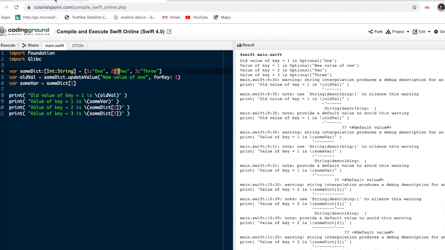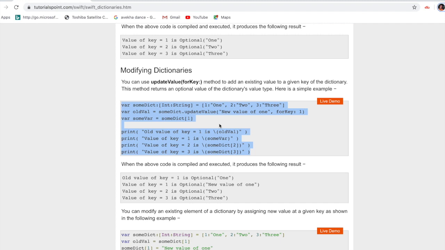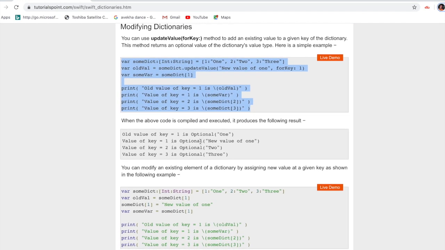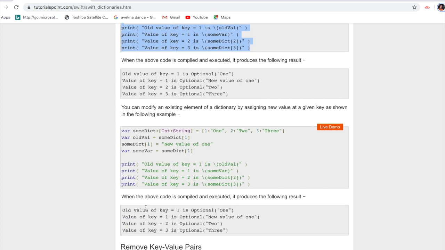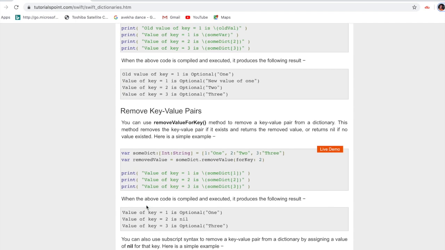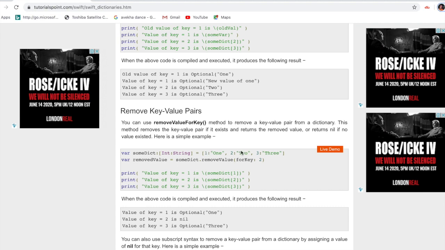So this is a way of modifying the dictionary. Go through each example deeply. If I need to, we tell it as a key value pair. Okay, that is very important, and we can even remove any of these.